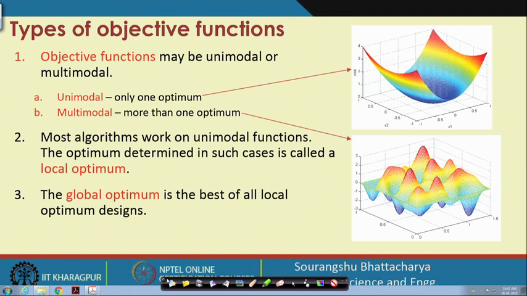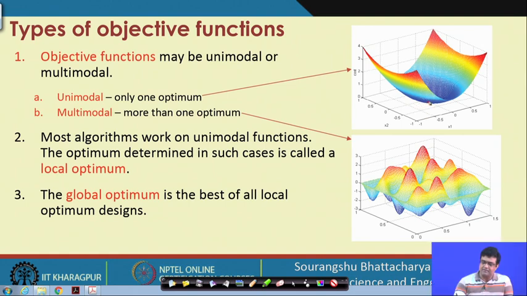Okay. So, as we have already discussed, any optimization problem has some objective function. In the previously described optimization problem, the objective function was f0 of x. Now, the first thing that decides how we can solve an optimization problem is the type of objective function. There are roughly two types of objective functions we can think of. The first one is a unimodal objective function, where there is